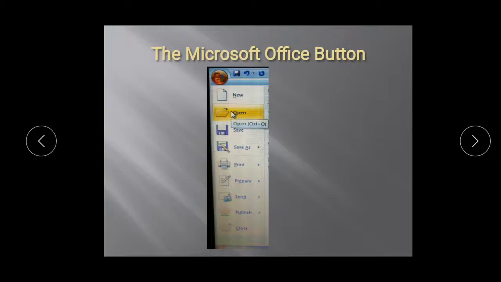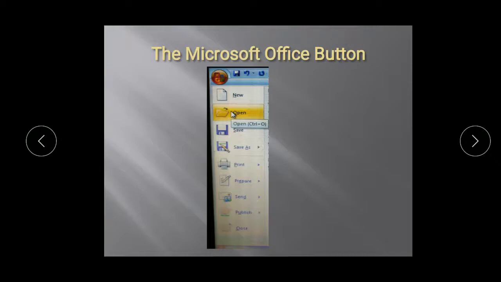We'll go through them one by one. New is to open a new document. The second one is open, to open an existing document. Suppose you have worked prior and you had that file, now you want to open that particular file, you can go with open. If you want to save your file, you can go with save. Save as means normally you have saved that file already, but now you want to create a separate file of the different work you have done, so you can go with another copy with save as.